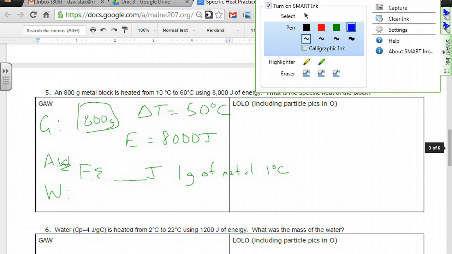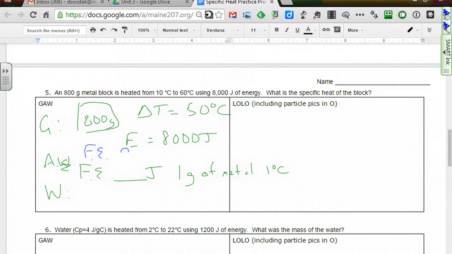So now I know that for every 8,000 joules, 800 grams of the metal changed 50 degrees Celsius. So I'm going to divide by 50, divide by 800, and we just talked about those relationships to energy. More mass means more energy, so less mass means less energy. So I'd divide by 800 and divide by 50. So I'd be dividing by